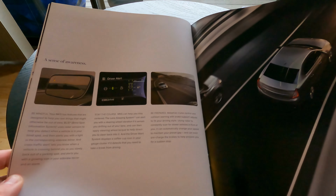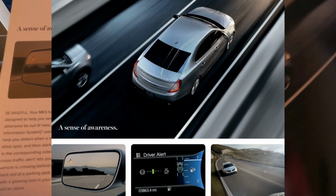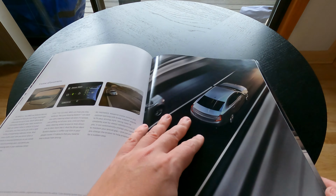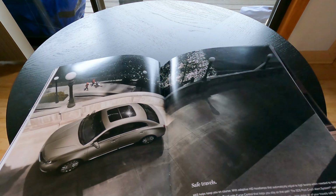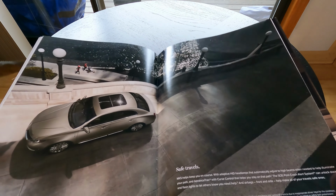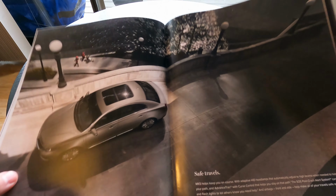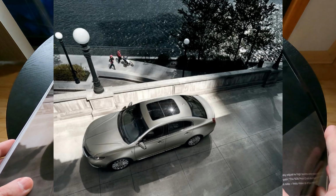All right, sense of awareness. You got all your, oh, the driver alert. I didn't know that MKS has had that. So if you start swerving and sliding, I guess it will alert you. And then you have the blind spot. All right, once again, awesome photography. I also like how the whole picture's kind of monochrome, and then you got people with red jackets running in the background. It almost looks like Christmas. Although I'm not sure if that's the lighting or...